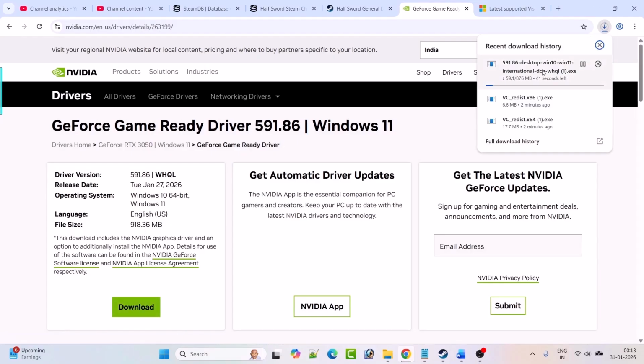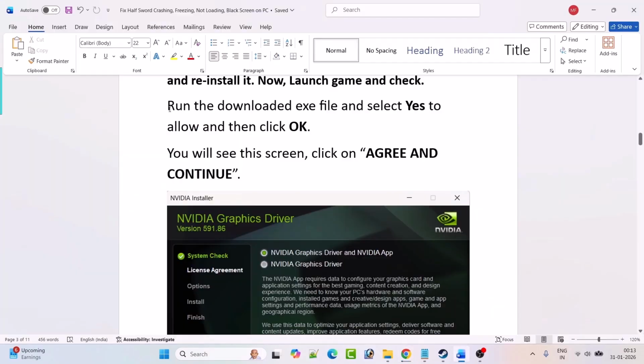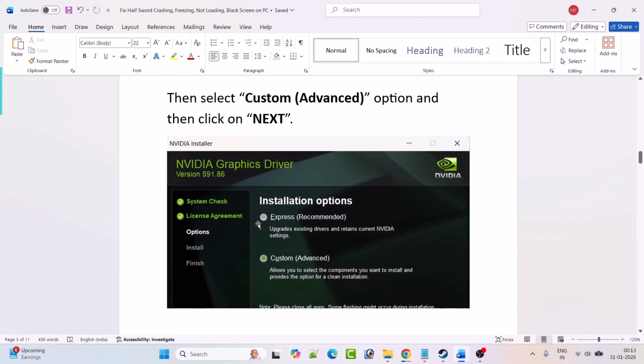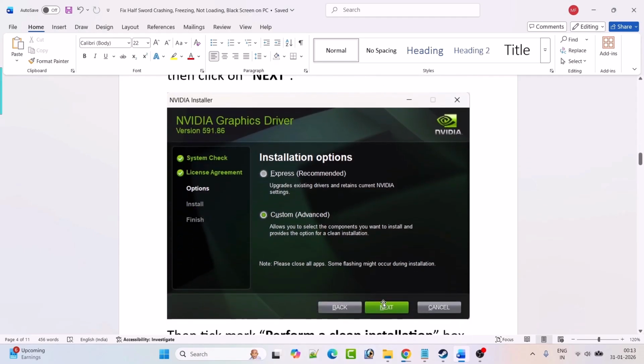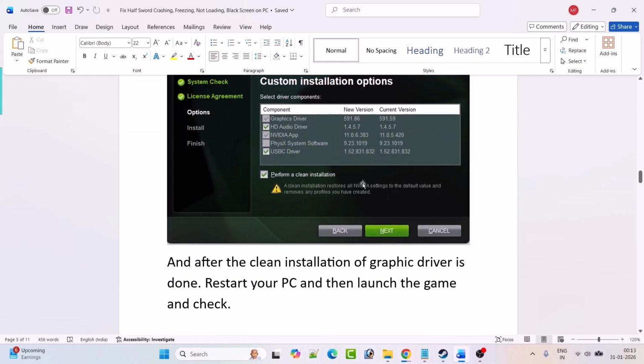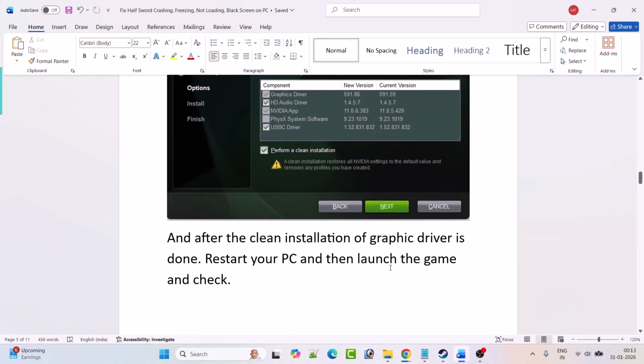And once this exe file gets downloaded, then you have to run the downloaded exe file and select yes to allow and then click OK. You will see this screen. Click on agree and continue. Then select custom advanced option and then hit on next. Then tick mark perform a clean installation box and then hit on next. And after the clean installation of graphic card driver is done, just restart your PC and then launch the game